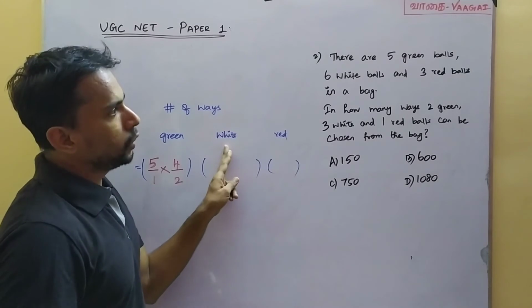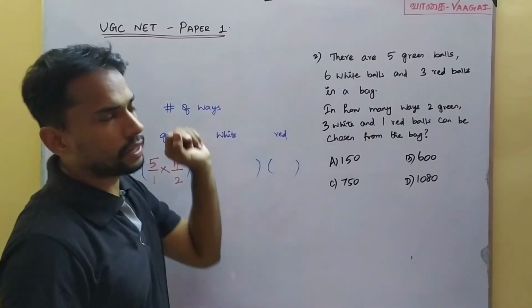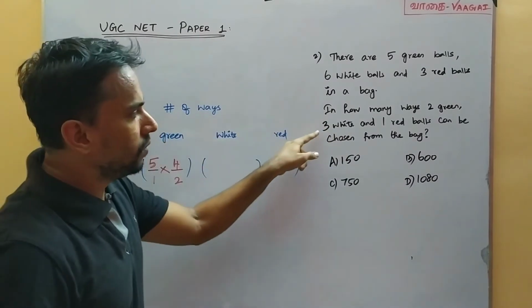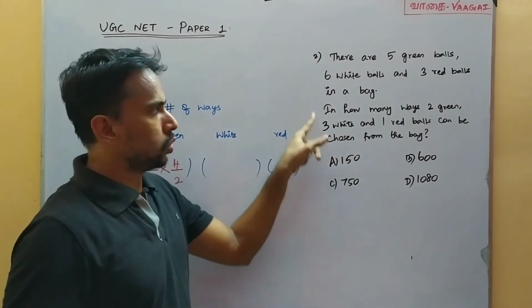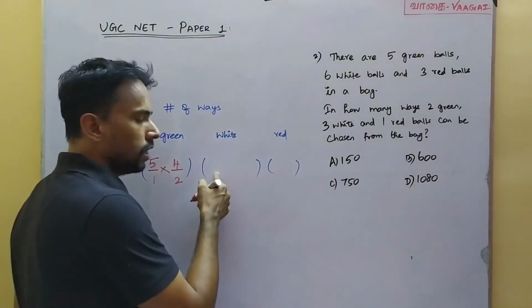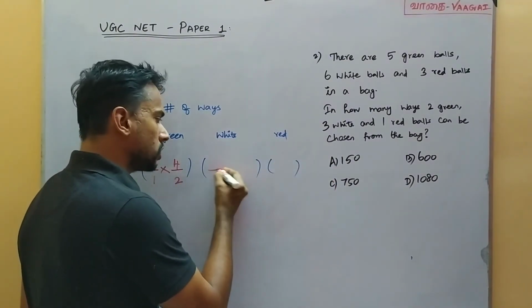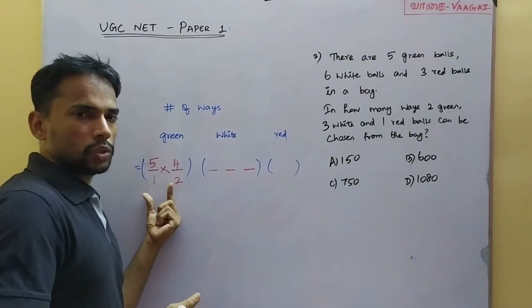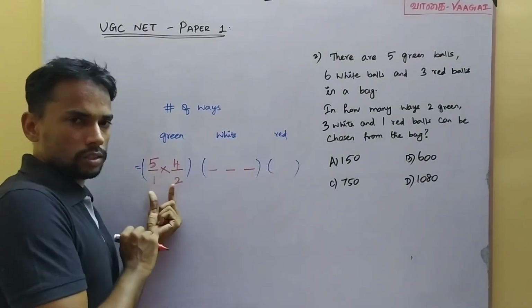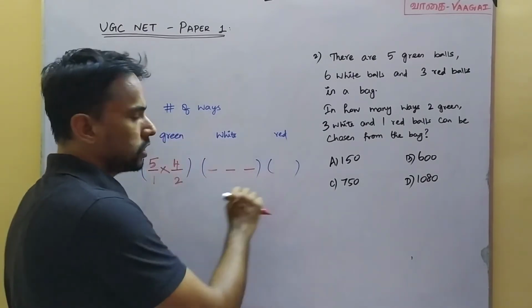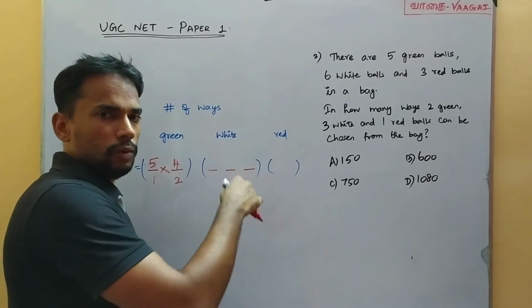Now we are coming to our second color. Second color is white color. There are 6 white balls, and see how many balls are to be chosen. We need to choose 3 white balls. So totally 6 white balls, from which 3 balls are to be chosen. That means here we will have 3 slots. Do you understand? See, here we had the situation to select only 2 balls, so 2 slots. But here 3 balls are to be chosen, so we are making 3 slots.